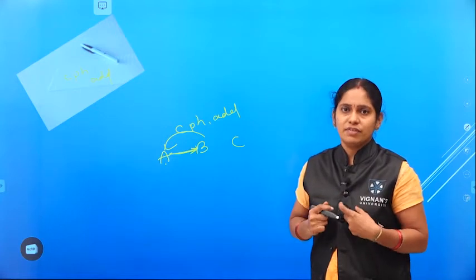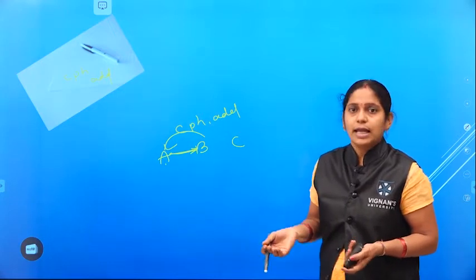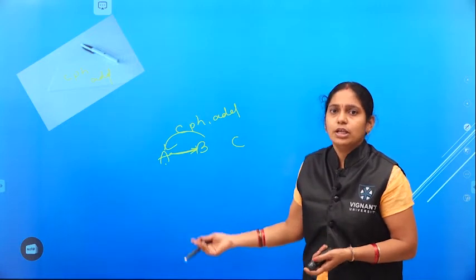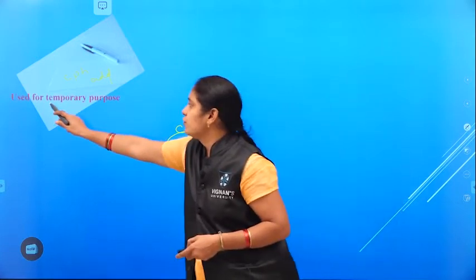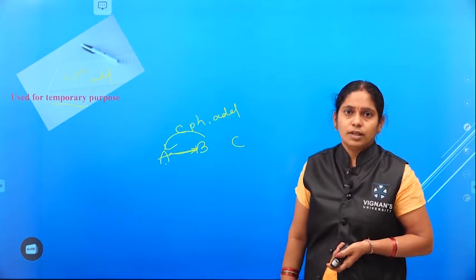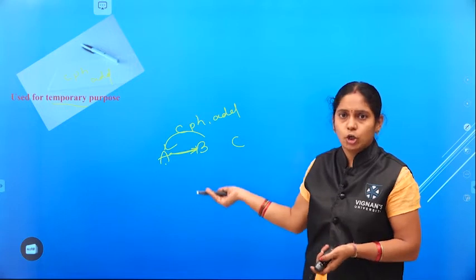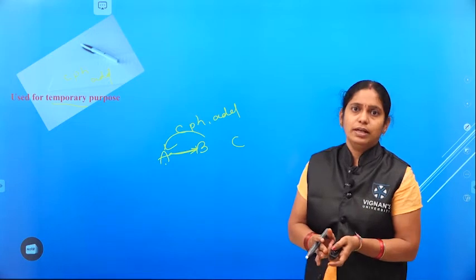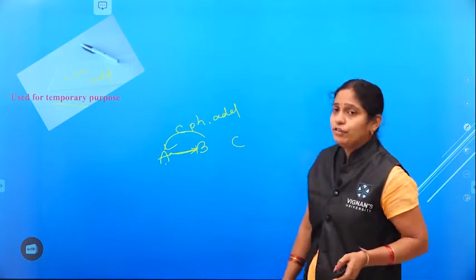Because we are using it for a temporary purpose, that may not be useful for next time, right? In such cases, we simply take whatever paper or pen is available with us, and using that we maintain the data, right? So it is used for a temporary purpose. Suppose this is a single user's information, the phone number and the address, that too we are using only for that purpose, only at that time.